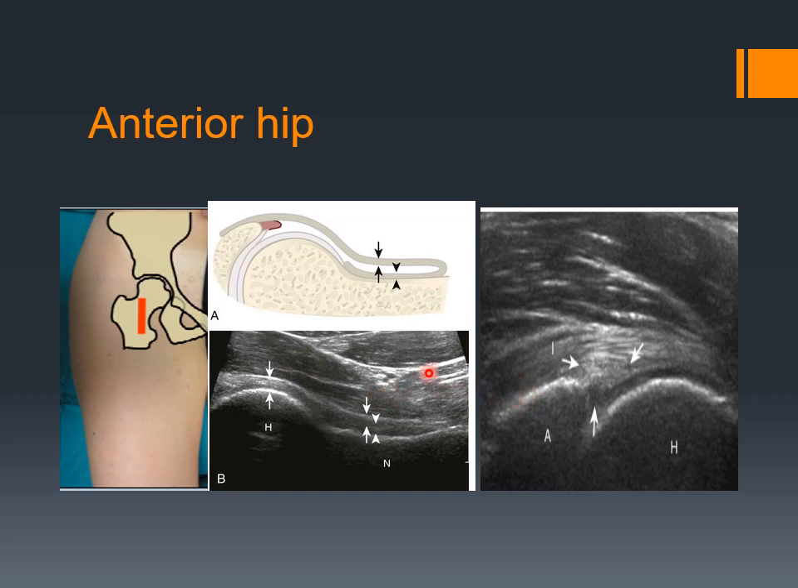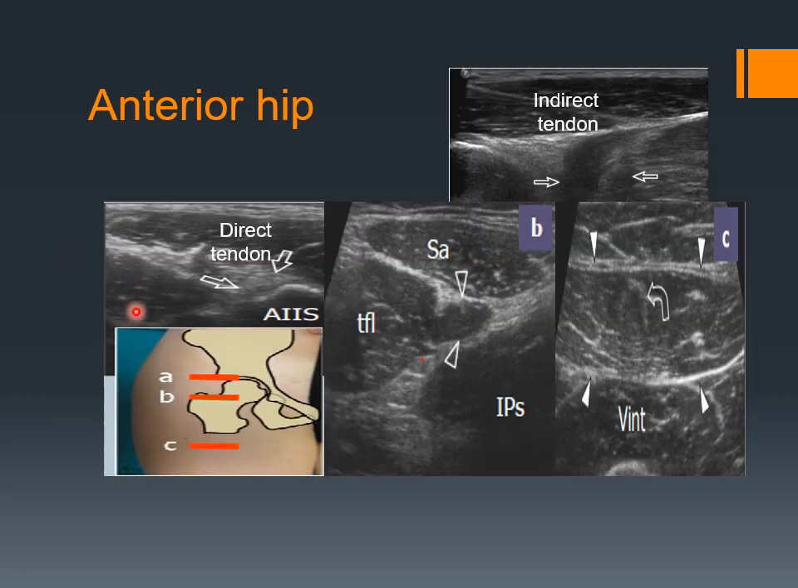Then if we just move the probe a bit upwards at this area, we can see part of the acetabulum, where we can see it here. This is part of the acetabulum, and this is the femoral head, and this is the triangular echogenic labrum. Then we examine the anterior inferior iliac spine, where there is the attachment of the direct tendon of the rectus